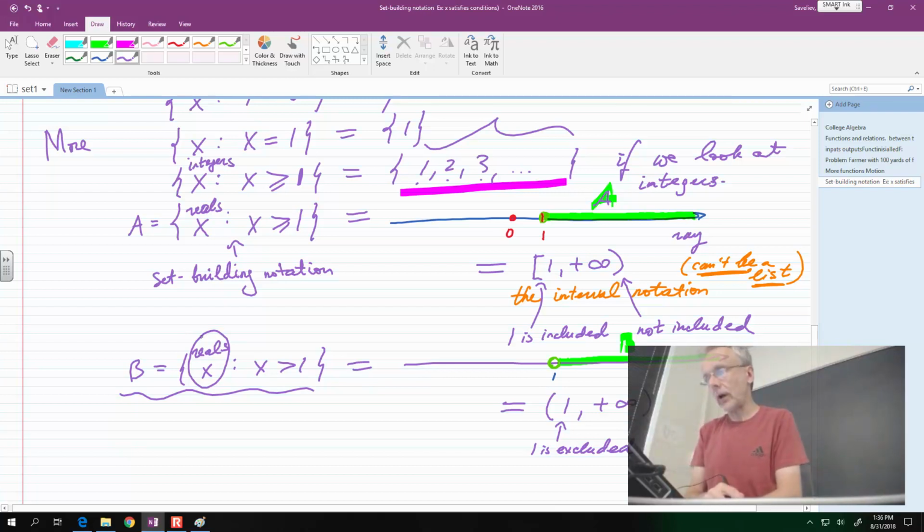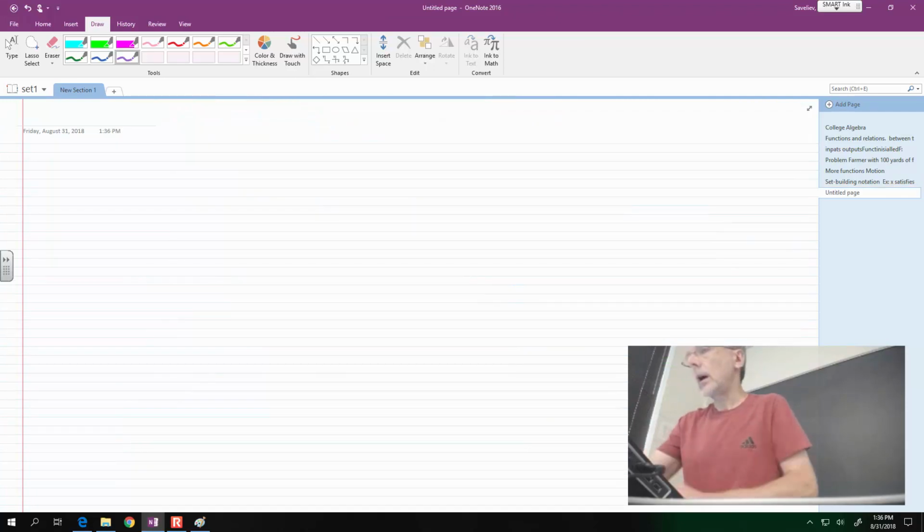It is not a number, so it cannot be on the list of numbers. So that's why it is excluded every time. So never put a bracket where you have infinity, because that would indicate that you have included it. Okay, so more notation of this kind is naturally you can take the opposite inequality, say